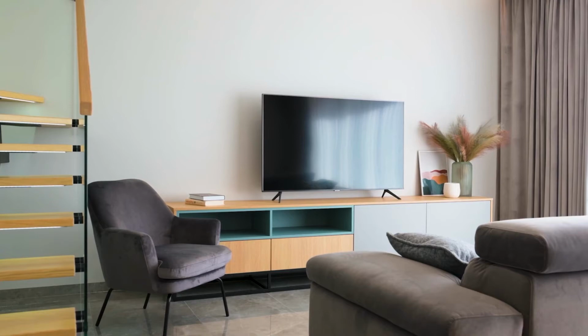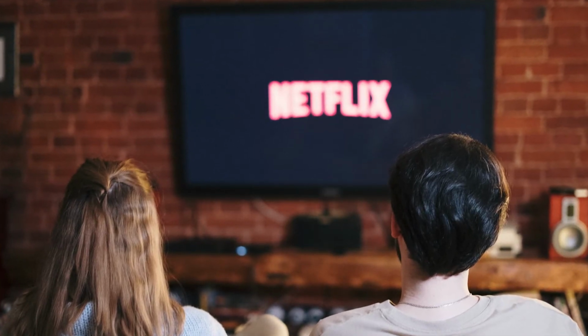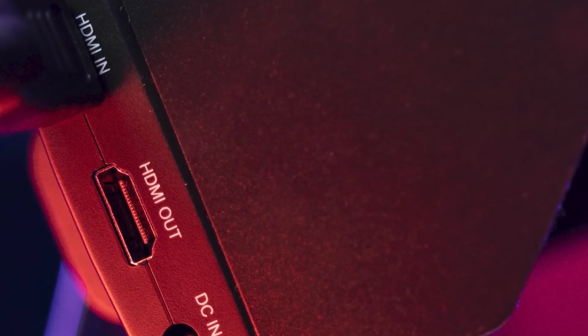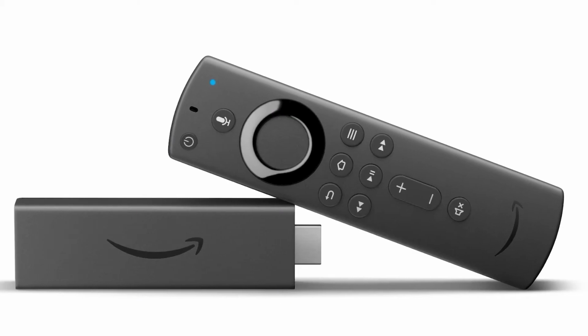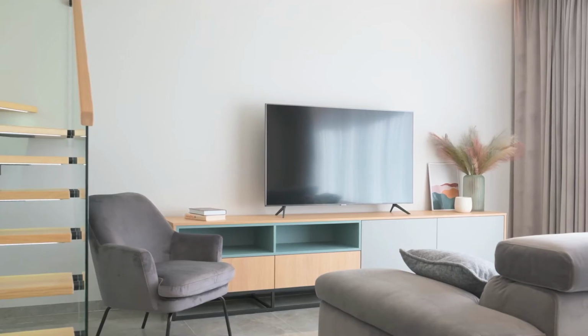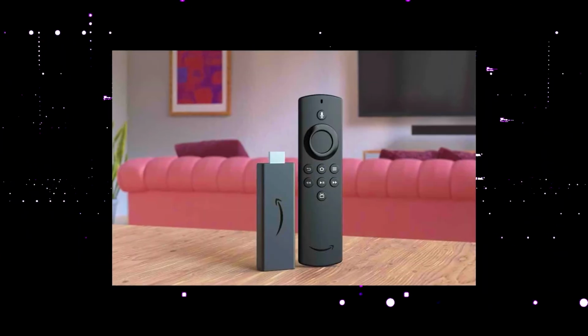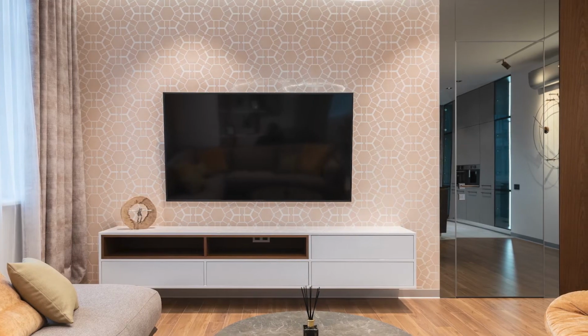So the way that I'm going to show you how to install Netflix will be able to work on any model of TV, on any year of TV. You just have to have an HDMI port on your TV to plug into. I recommend getting a Roku stick or an Amazon Fire Stick. Both of these media streaming players have the capability of downloading Netflix. You then use a Roku or Fire Stick as your main streaming player, which bypasses the operating system on your